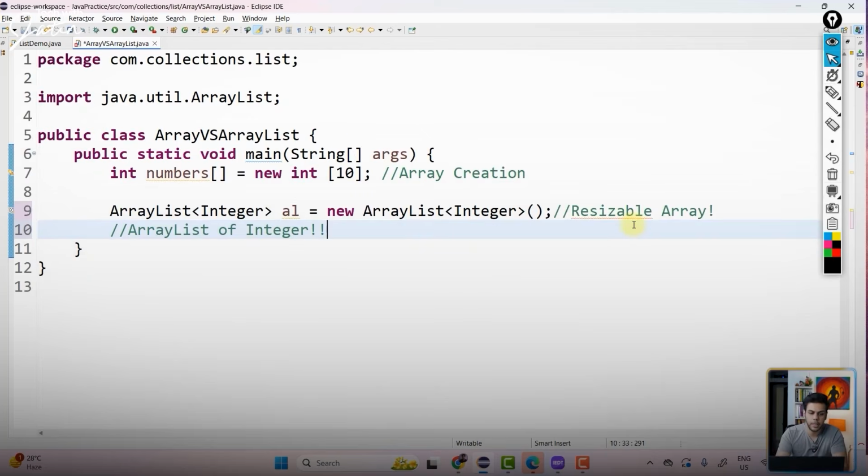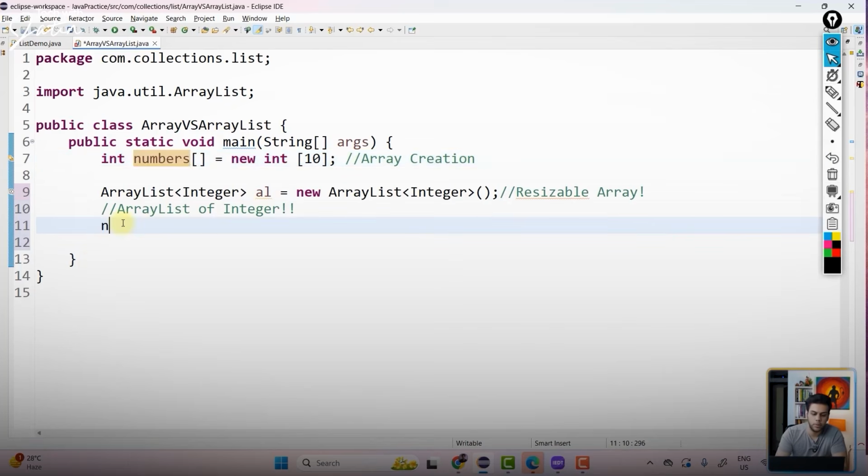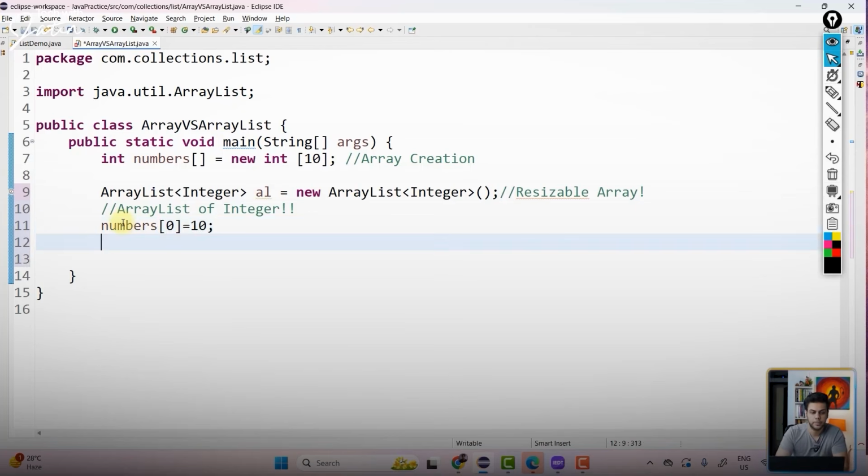Perfect. Let's zoom out a little bit now. Now guys, I want to store some values in the numbers array. How can I do that? numbers[0] = 10, let's say. This is how you store the value. So what is going to happen? Over here, let's say this is my array, with indexes 0, 1, 2, 3, 4, 5, 6, 7, 8, 9.